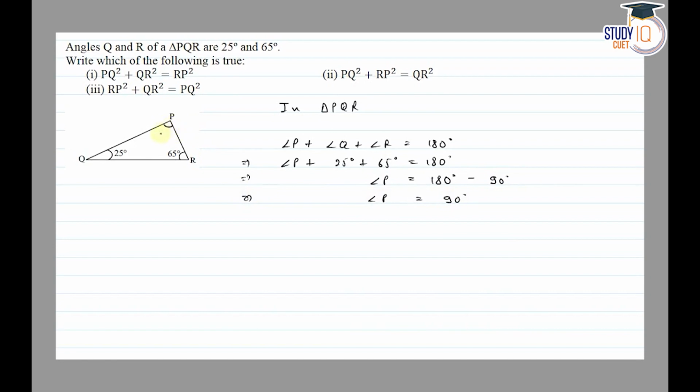So angle P will be 90 degrees, and opposite to the right angle is the hypotenuse. So QR will be our hypotenuse. So this angle P is 90 degrees. So this is a right angle triangle. So in a right angle triangle, by Pythagoras theorem,